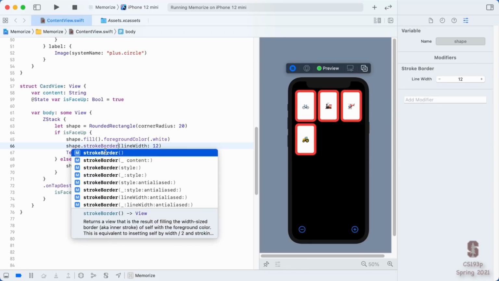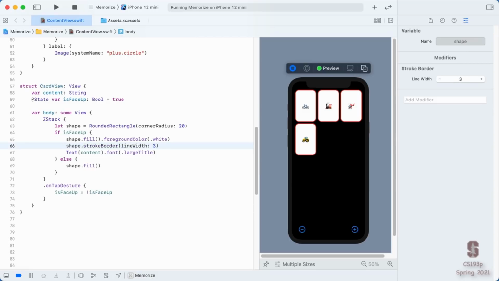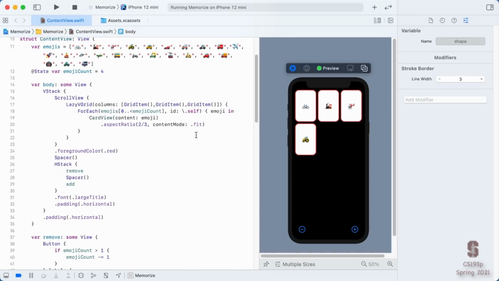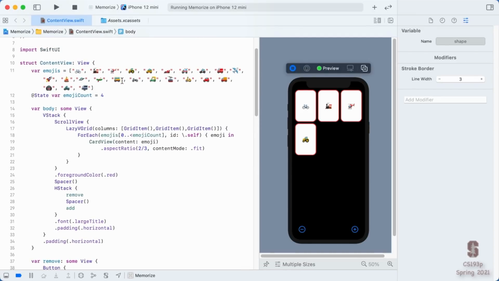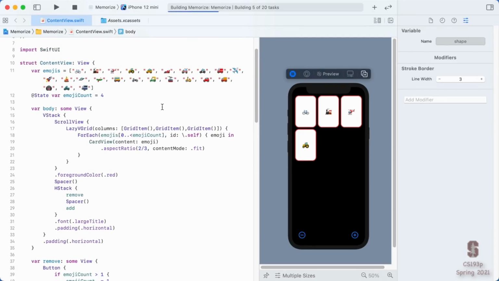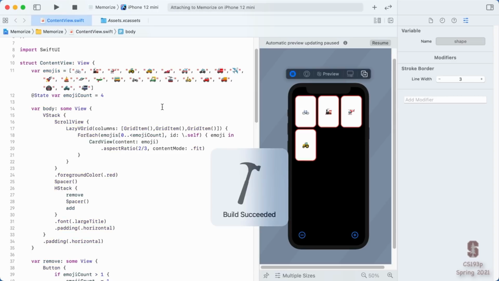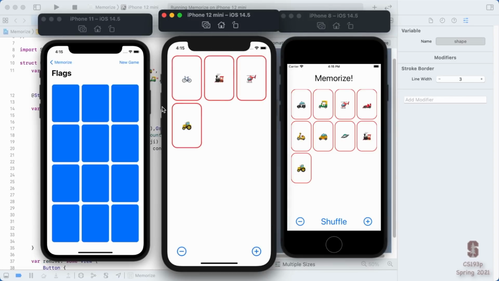Okay, so this is a modifier that strokes just like stroke does, but it strokes the border, so stroking on the inside. Exactly what we want. So now we can go back to our 3. Cards are looking good. They're not being cut off there. Let's go take a look and see what it looks like in light mode on our simulator. Make sure everything is working over there.